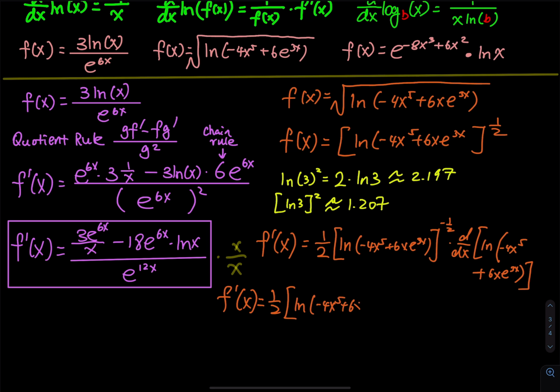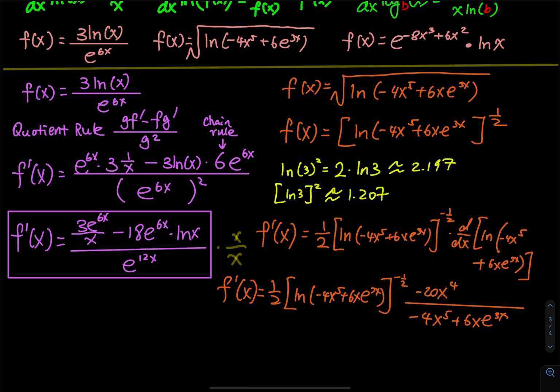fifth plus 6x e to the 3x, and then raised to negative 1/2, and then the derivative of ln, right? So you bring the entire function to the denominator, negative 4x to the fifth, and then plus 6x e to the 3x. And then what else? And then you have to take the derivative of the denominator. So this one, when you take the derivative,